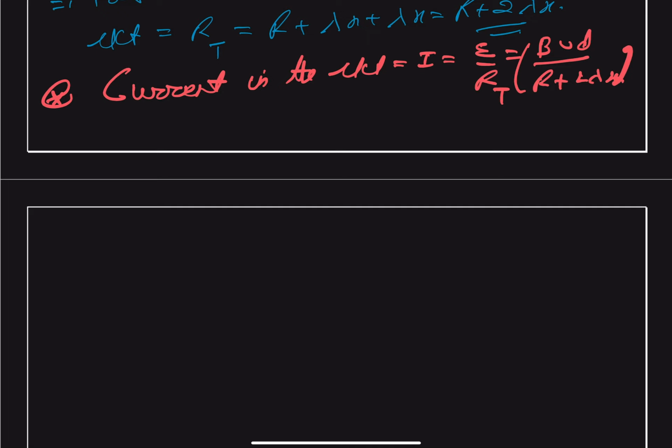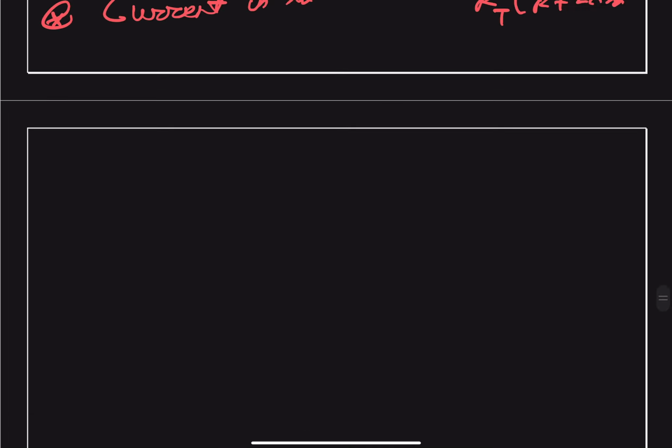We can say the velocity of the rod as a function of time. Velocity as a function of time, and in this case we can say that our velocity